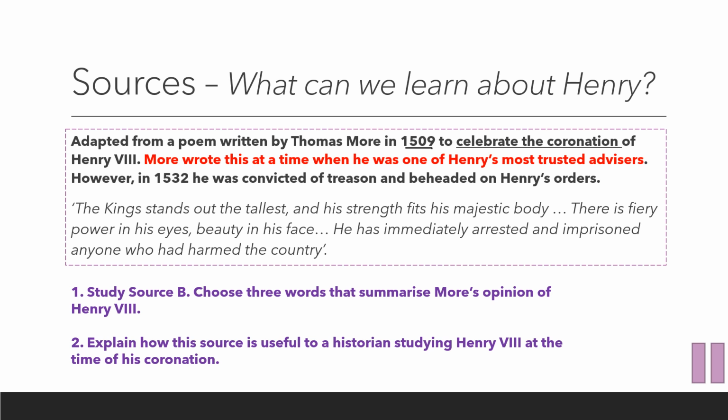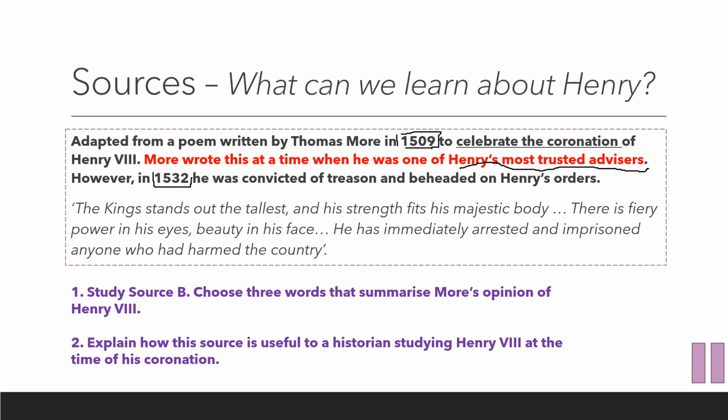Thomas More wrote this at a time when he was one of Henry's most trusted advisors. So obviously that could make the source very inclined to like Henry. But in 1532 he was convicted of treason and beheaded on Henry's orders. But because this was written in 1509, you might find that it has a little bit of a positive aspect rather than a negative. But would it be different if he'd written this poem just before 1532, obviously before